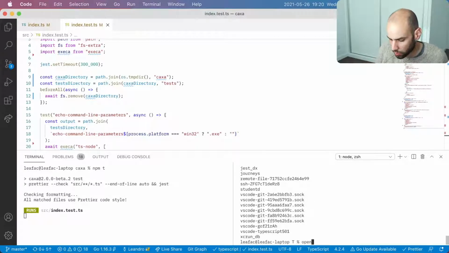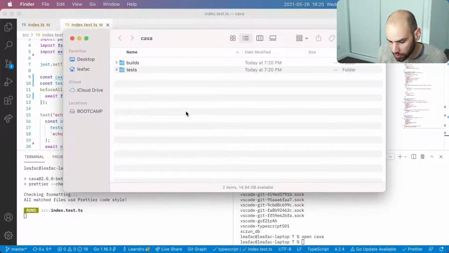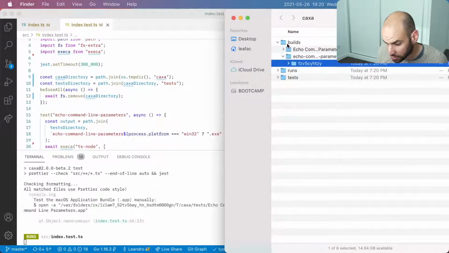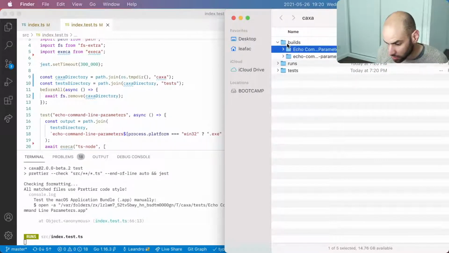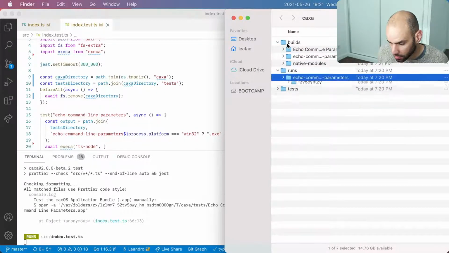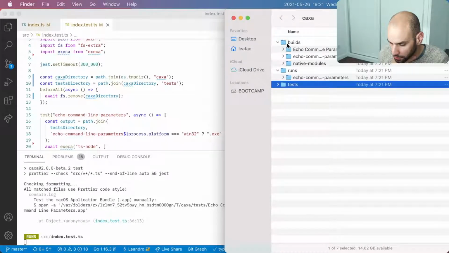But then we can also open the Kasha directory, which at this point should exist. And we do see a builds and a tests and a runs. Awesome. In the builds, we see command line, echo command line parameters and that, and the other one. And then in runs, we see that, which is fine. And then in tests, we see this, which are literally the executables we are producing.